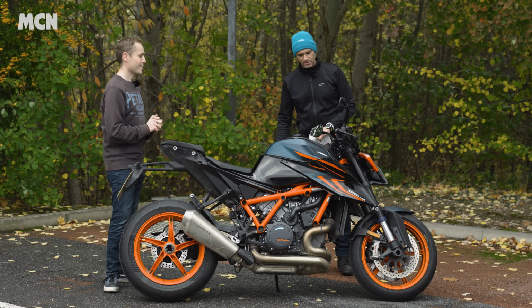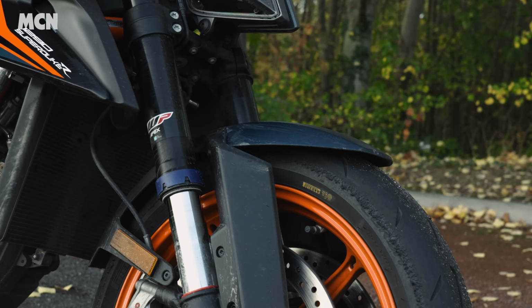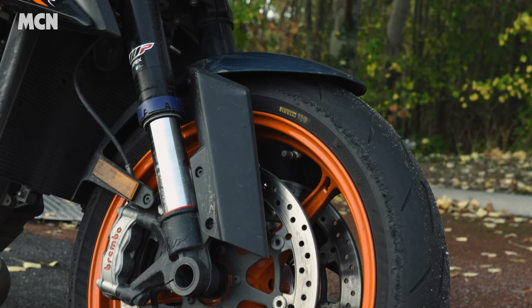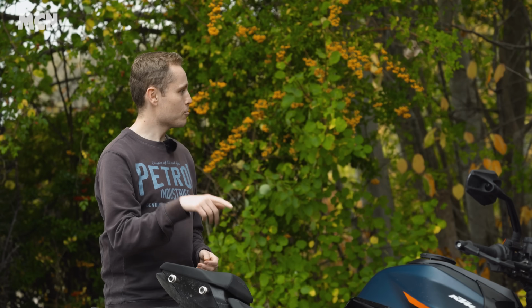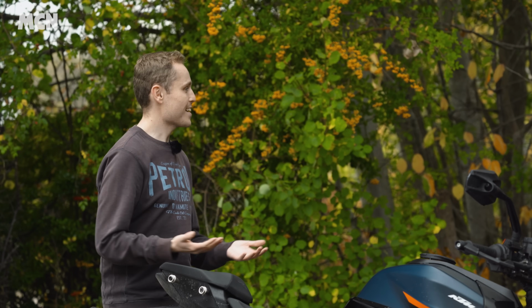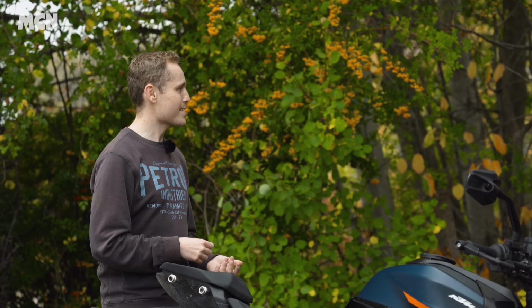Yes. Go on then. So this is the Evo version. So it's got electronic suspension, whereas the standard one's got manually adjustable stuff. And as an option, you can get anti-dive forks. And basically, as the name would suggest, it stops the forks diving when you give it a big handful of brakes. And I thought it was a bit...